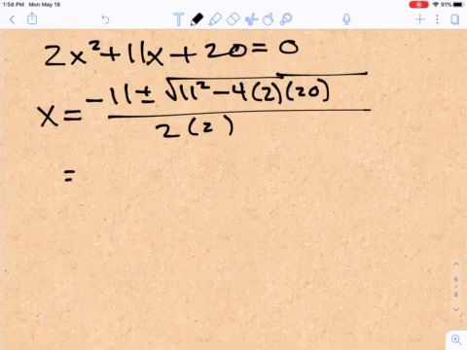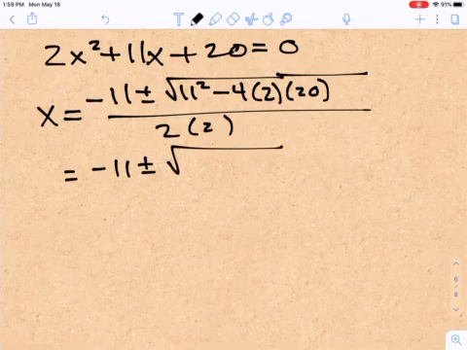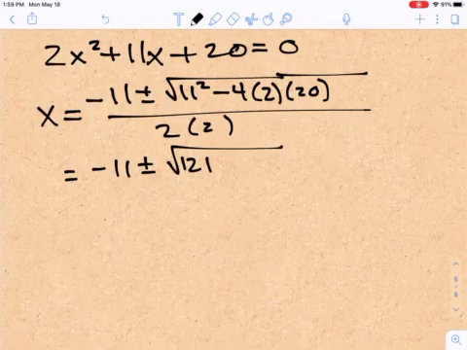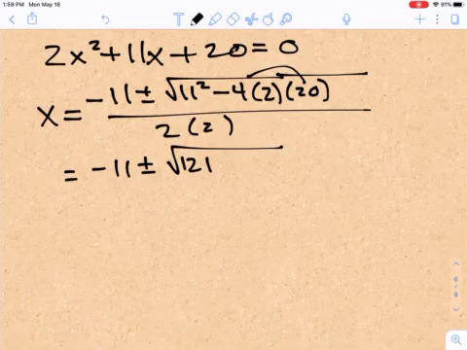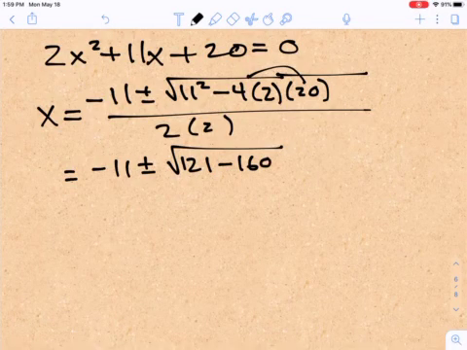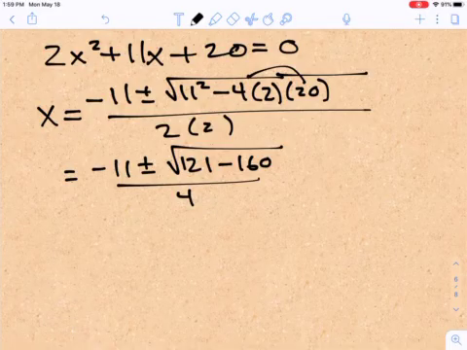So let's do a little simplifying. We get negative 11 plus and minus, and then you get 121, which is the square of 11, and then 4 times 20 is 80. 80 times 2 is 160, and then that whole thing goes over 4. So at this point,